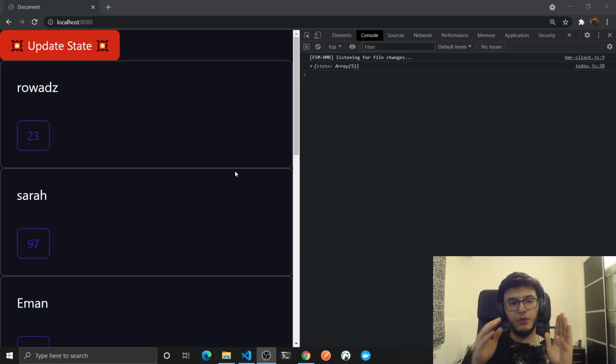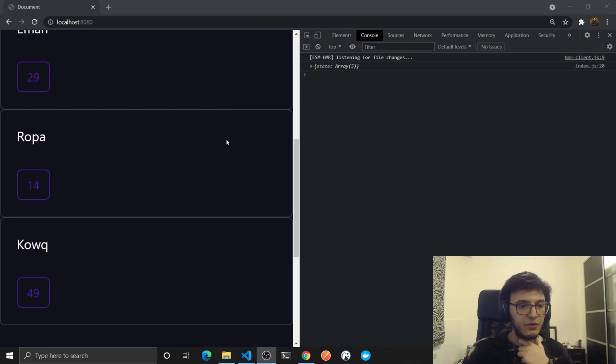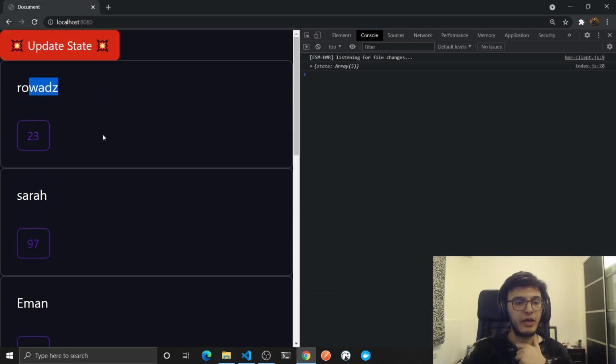Hey, so we usually use the special prop key when rendering lists in React. For example, here I have a list of 5 users. This is the name, this is the age. So I will use a map function. I will map them to a React element and I will put a key. This key will help React to detect the changes that happen to this list, reordering, deletion, or insertion, and we all